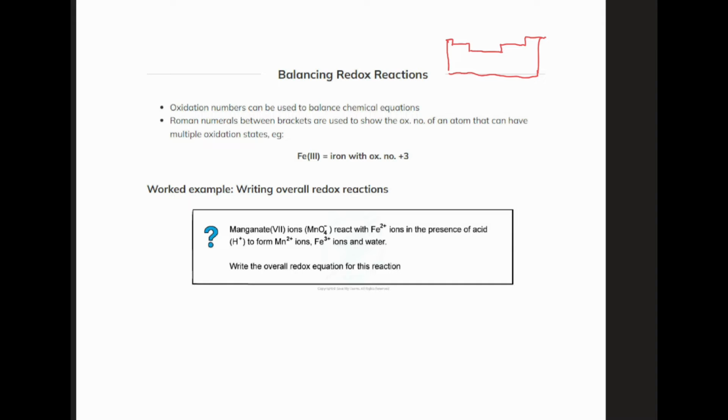This particular part is where the transition elements are located. Transition elements here, they have different oxidation states. So that's why we need to put in Roman numeral to say out clearly what oxidation state are we talking